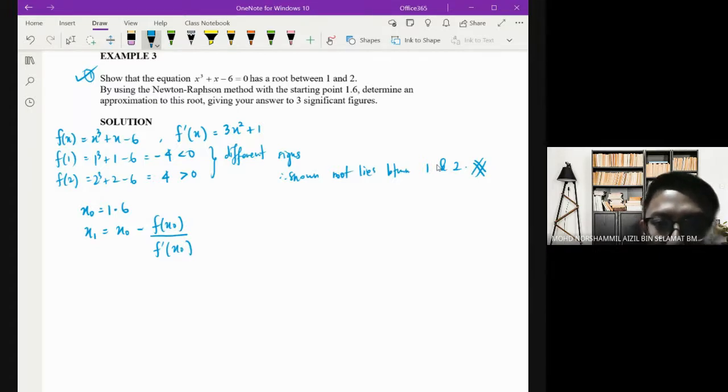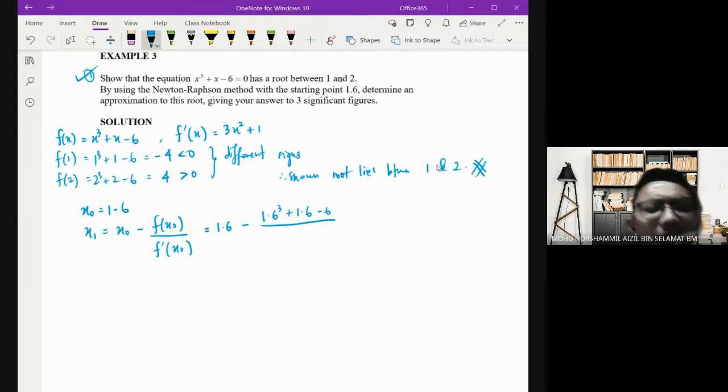Therefore, the formula of x1 will be x0 is 1.6 minus f(x0), 1.6 cube plus 1.6 minus 6 over